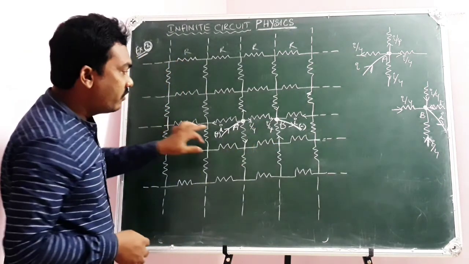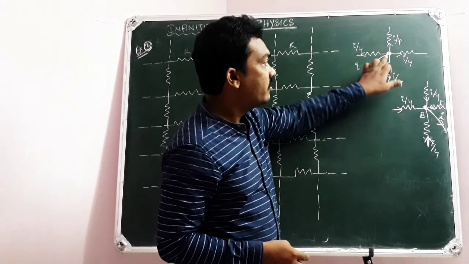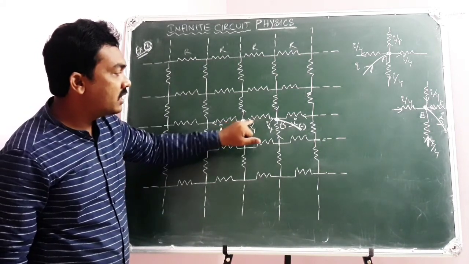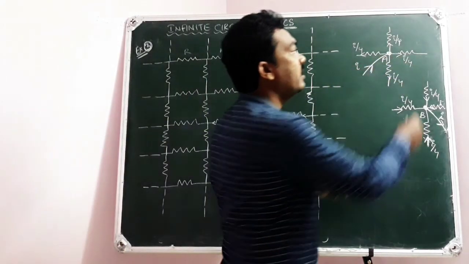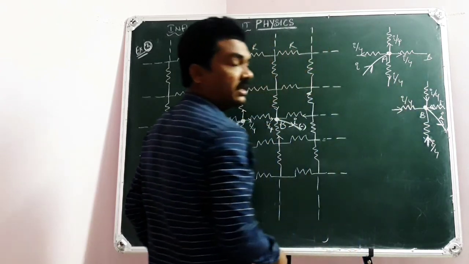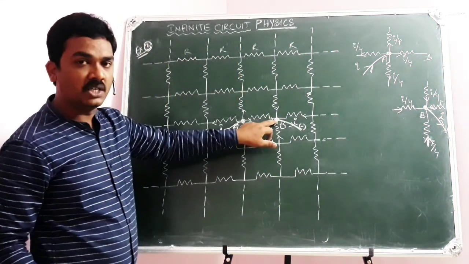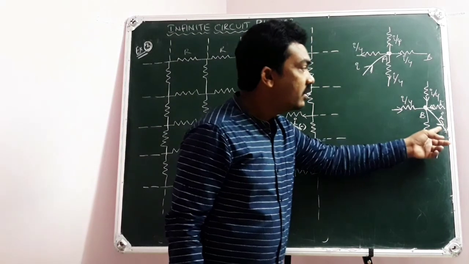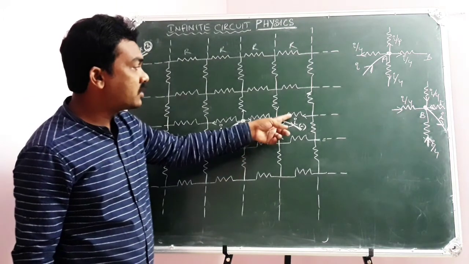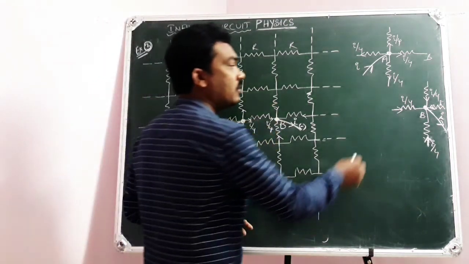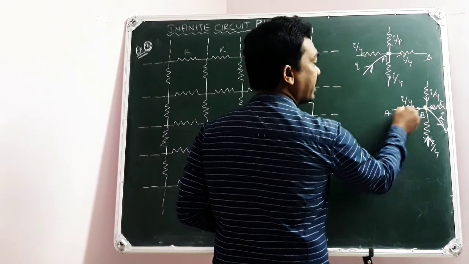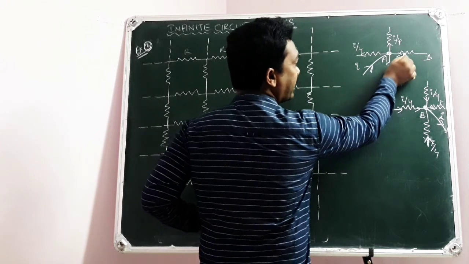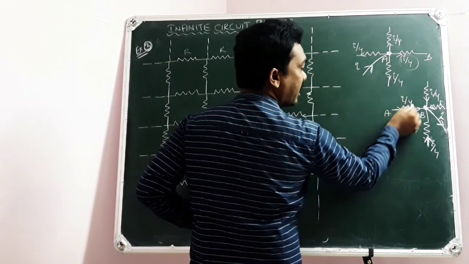Hope you got clarity. When A is an isolated junction where current I is entering, then I by 4 is leaving along the path AB. At the same time, when B is supposed to be an isolated junction, it has 4 paths to get the input current to leave at B. As per symmetry, it has to get I by 4 from every path. So in this path also it has to get I by 4. Ultimately, along the path AB, I can expect one I by 4 here and another I by 4 here.